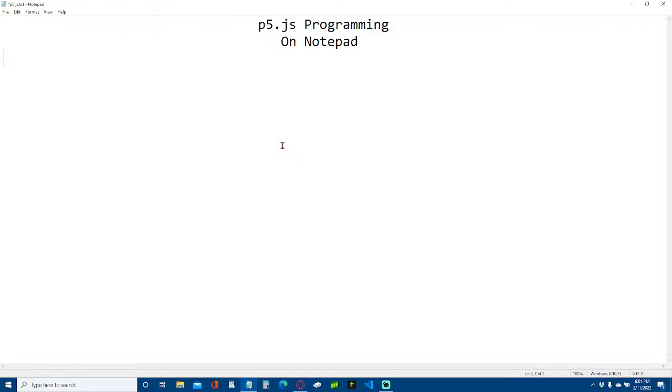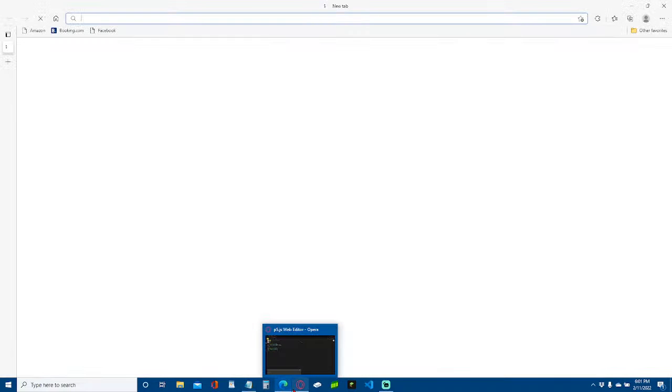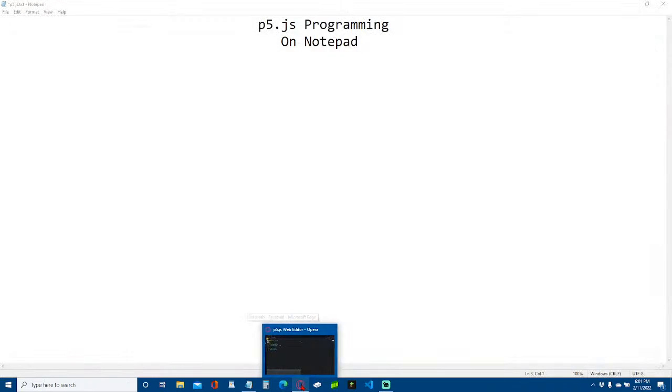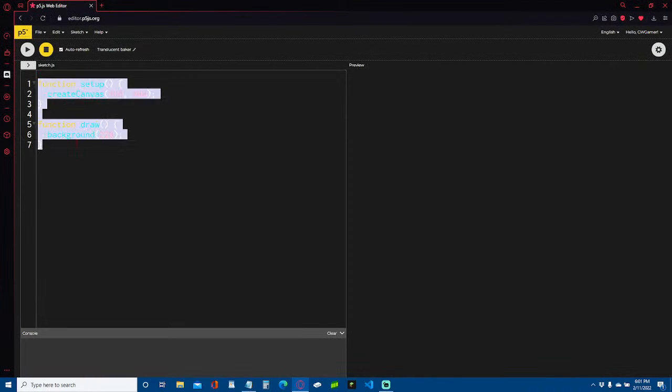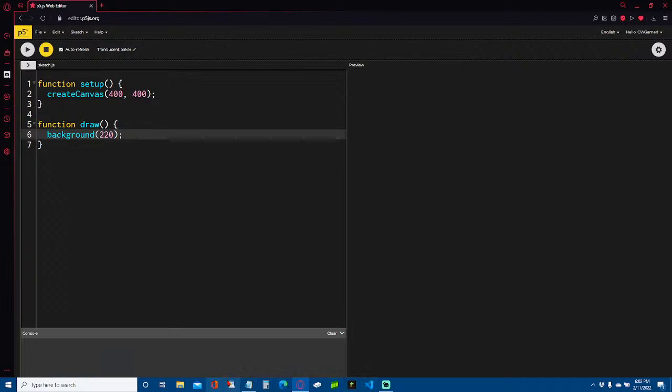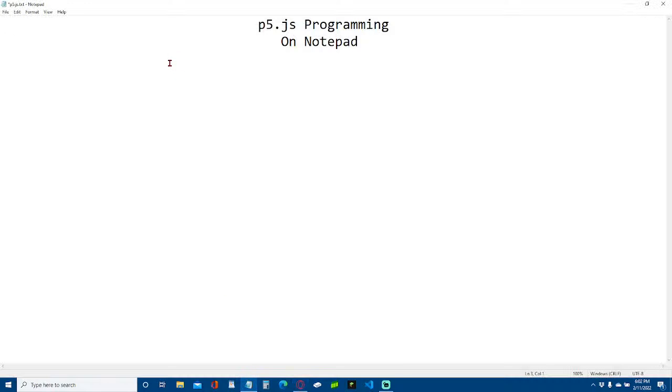So we're going to start with creating this simple p5.js sketch: function setup, create canvas. We're going to just create that really quick. So let's open up Notepad and type function setup, and it's going to be create canvas. We're going to have it be 400 by 400 pixels. Then semicolon, boom,